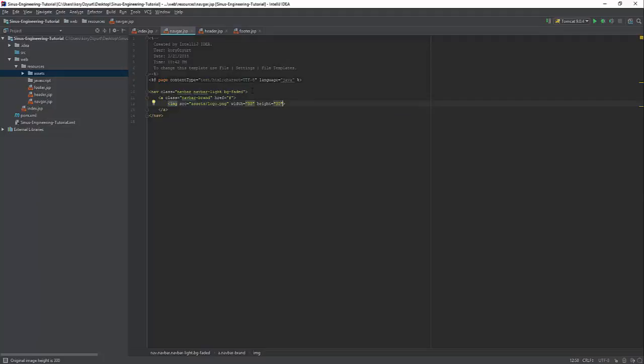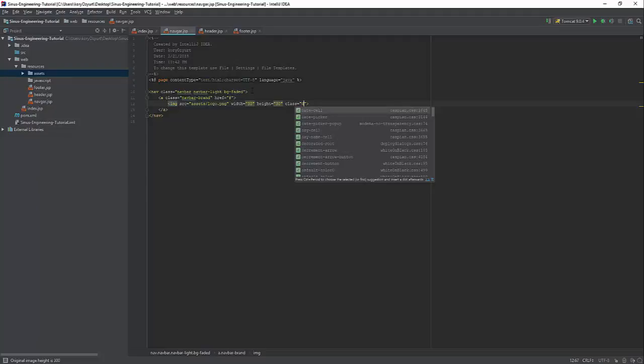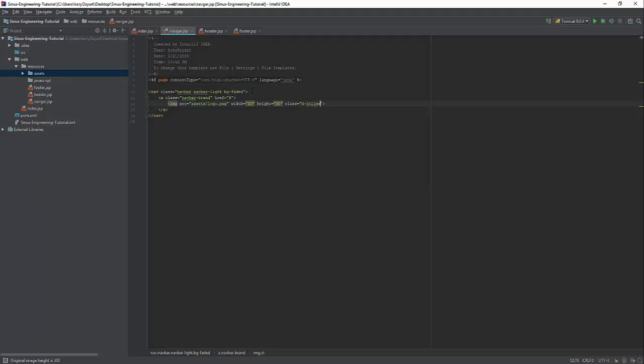They will be 30 and 30. Our class must be inline block top. I just copy all of the code from the Bootstrap 4 documentation, and